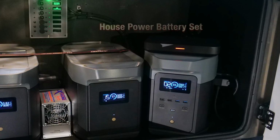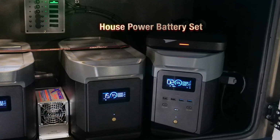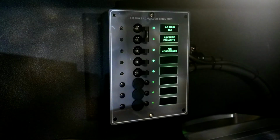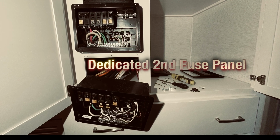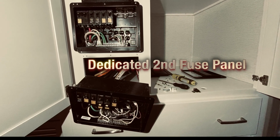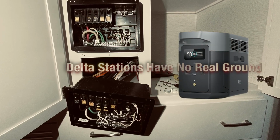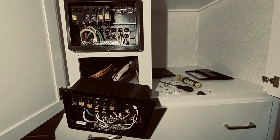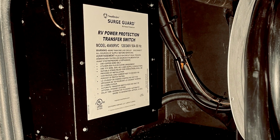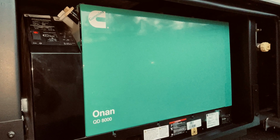120 volt house power for the RV is provided by a second Delta 2 Max station and extra battery. This station's output is also fused at the compartment panel. Output is wired to a second dedicated master fuse panel in the Veracruz similar to a conventional lithium upgrade. Since Delta stations are portable, they have no real earth ground. Therefore, ground and neutral are bonded and isolated from other sources. The house system works in conjunction with the three-way transfer switch shared with the Onan 8 kW diesel generator and